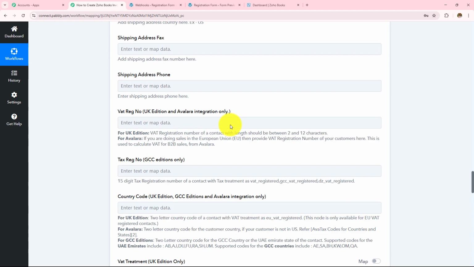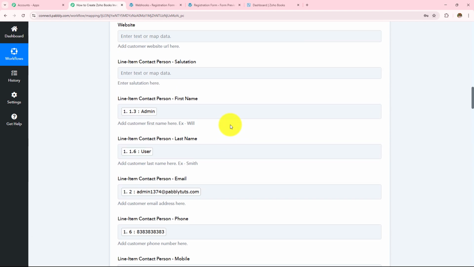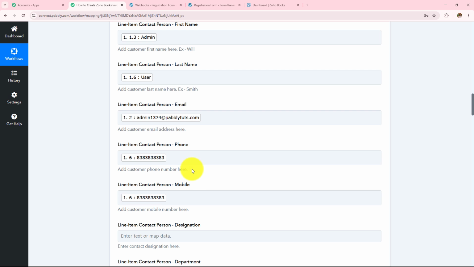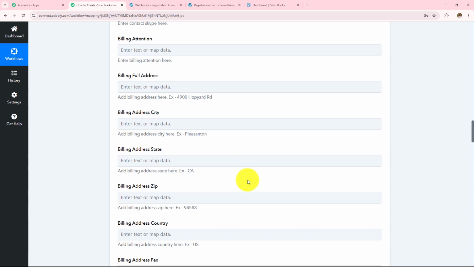Now over here, mapping is important so that every time you receive a new response, it is taken into consideration in these fields. Manually entering the data will make these fields static and the information will not change even if you have received the new response. Now over here, if I manually enter any detail, this field will become static, and every time I receive a new response, the result will not change. So as to keep these fields dynamic, we use this process mapping instead of manually entering the details.